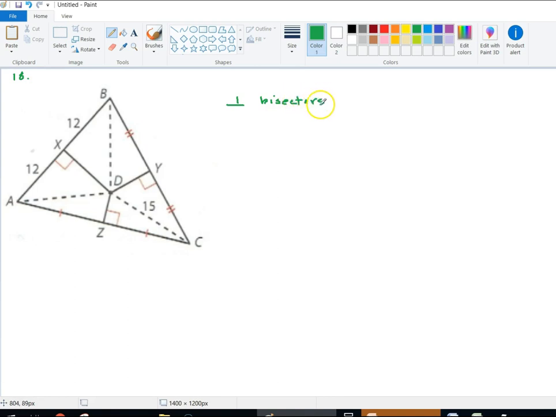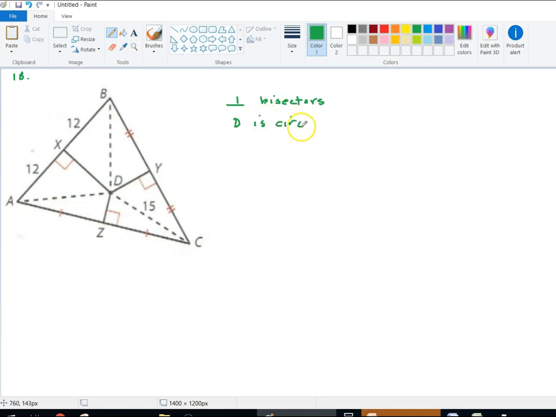Now it asks us to name all of them. Are we naming anything that has a dotted line? No. Those dotted lines are part of the example where we drew the circle around the triangle, and we showed that these are radii of that circle and that they're all equal. So we're only using the solid lines. These are our perpendicular bisectors. They look a little different than the triangle you drew because they erased the lines all the way through. So they stopped right here at the circumcenter. So D is the circumcenter,